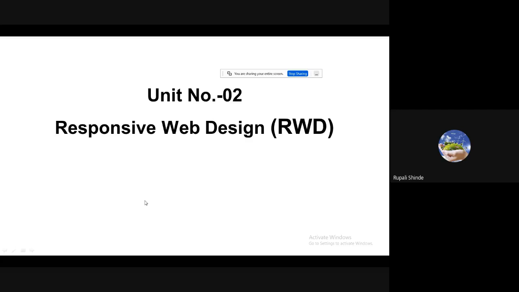And that concept is nothing but responsive web design. Responsive web design means whatever web applications you have developed will be responsive for all devices, or will properly display on all devices. That concept is nothing but responsive web design. We have various techniques by which we can develop responsive web design. Then we have the Bootstrap loader, with the help of which we can develop websites.